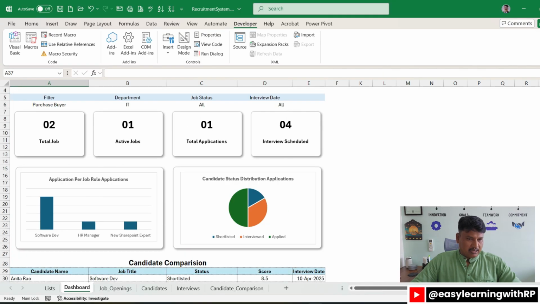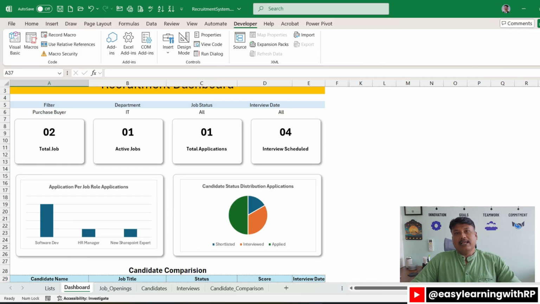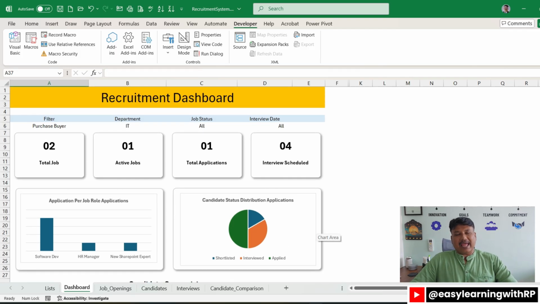And we have given a candidate comparison view also for this. Let me know in the comments what else we can do with this minimum structure required,